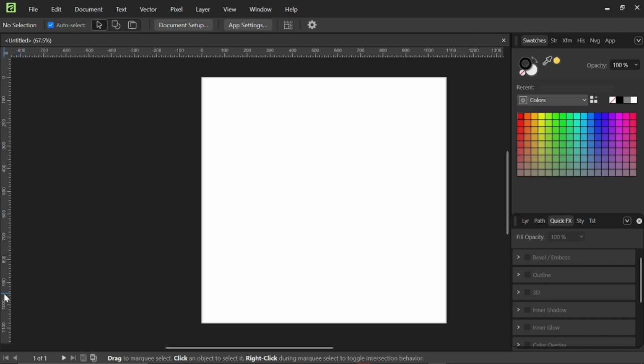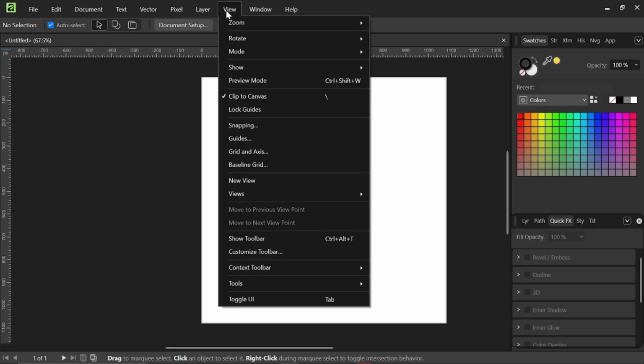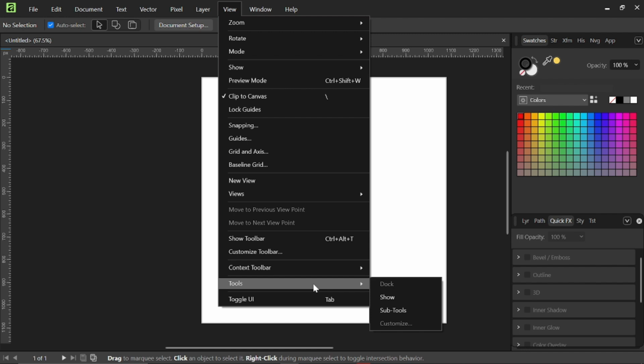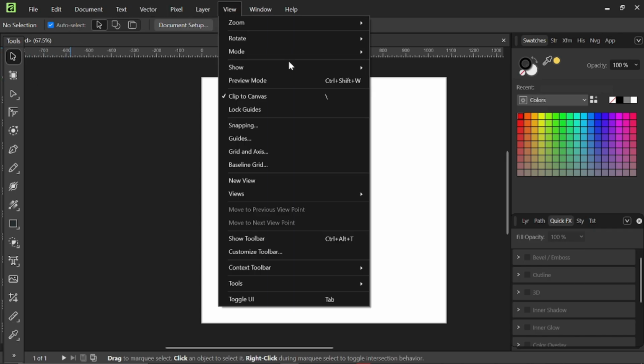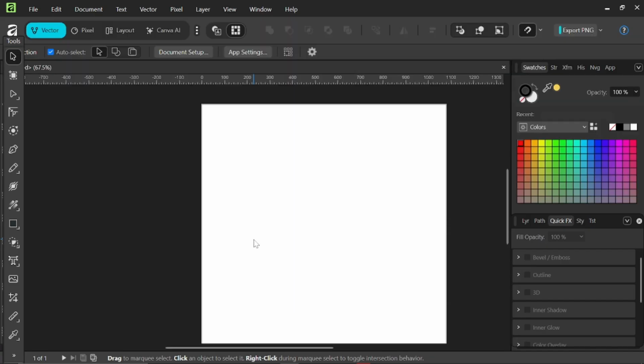Also my tools bar is not here, and those studios are not here also. So to make all the settings, you will come to View, and let's first do the toolbar. Under tools, you click on show, so the toolbar is now active. And then let's check the window bar. Again, we'll come to View, then we click on show toolbar, and we have our toolbar, but it's kind of